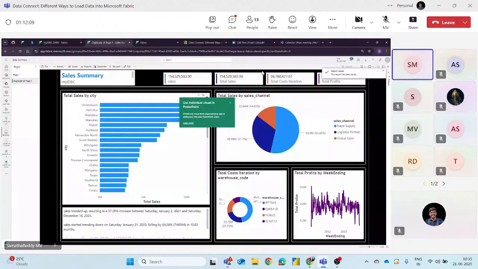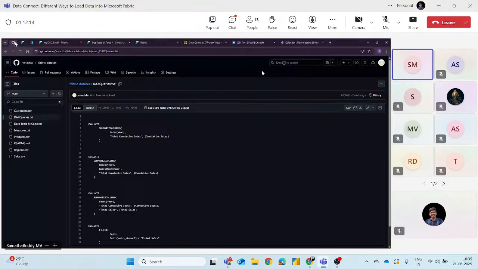If you see where we find the raw data, these are the tables we have. Now we are heading to the end. Can anyone confirm, I'm sharing my screen with the PowerPoint presentation. Are you able to see? We are able to see the GitHub portal. Okay, GitHub. You see, this is the raw data, right? From this raw data, we have taken different types of source connections.